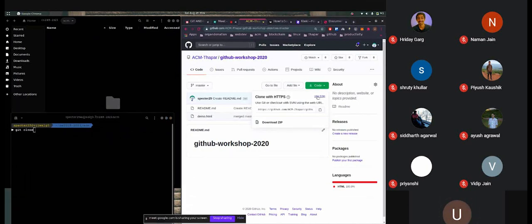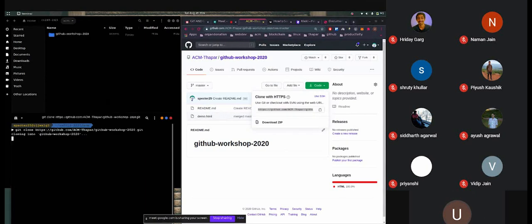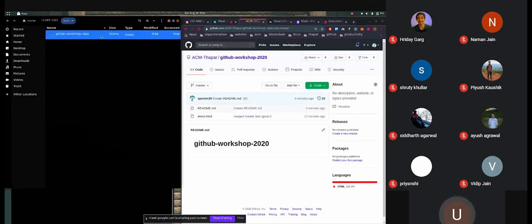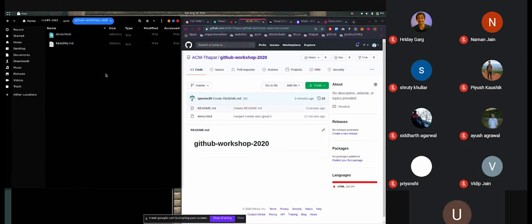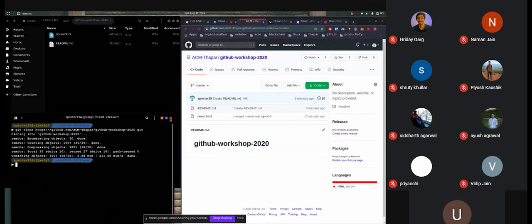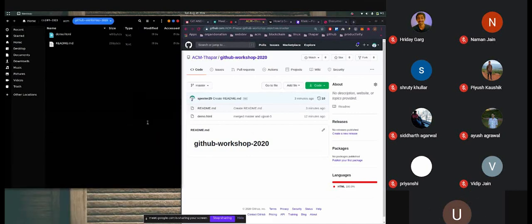I want to clone this repository locally, and I will copy this URL. This is the URL of the repository. What it did is it cloned the entire code from GitHub to my local computer. And now I can again view the code base.